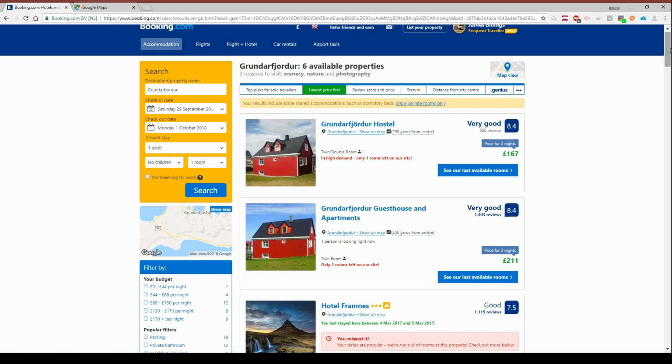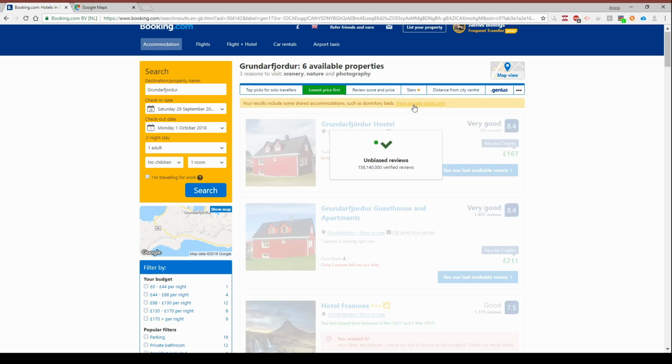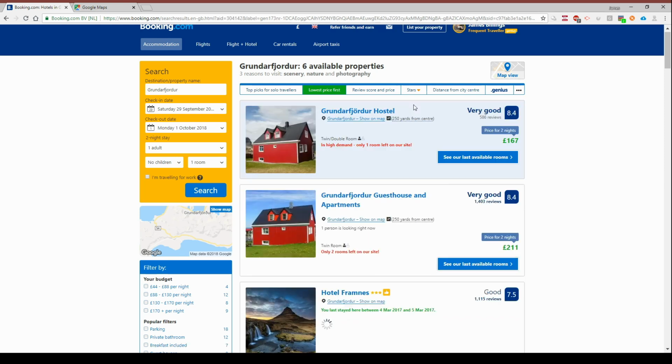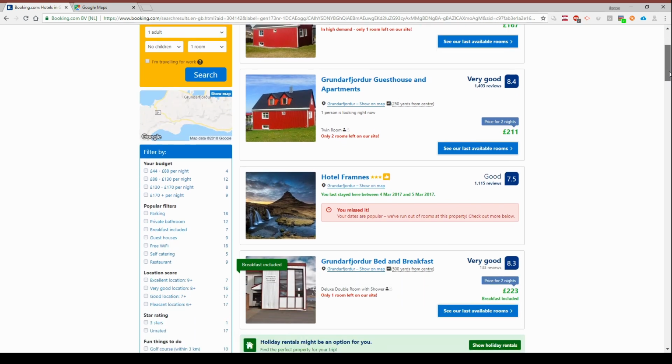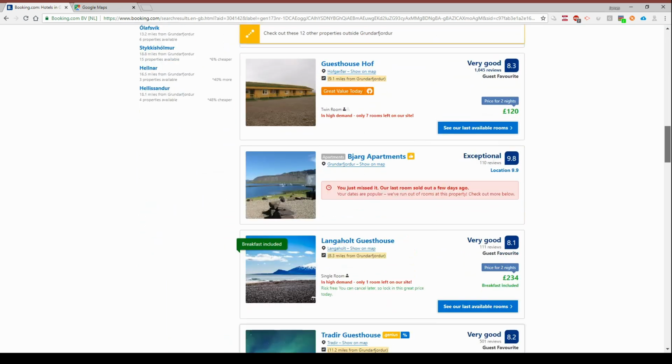So we've got things like, it's warning us that we might be looking at things like dormitories here, which will be several beds in one room. If we only want a private room, we can do that. So it looks like 167 would be our cheapest. But if we go down, we might find places that